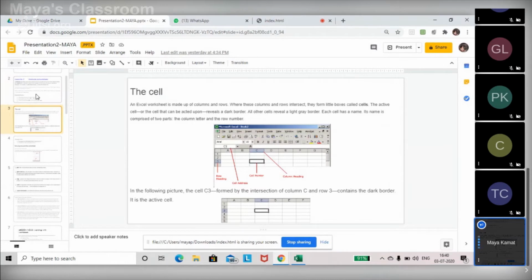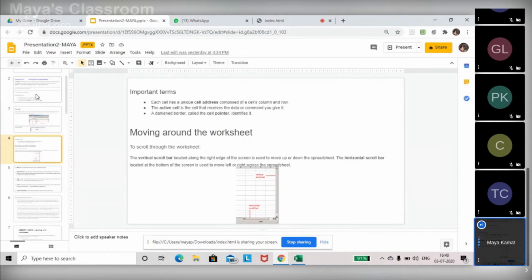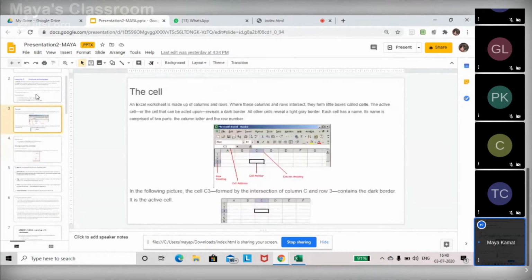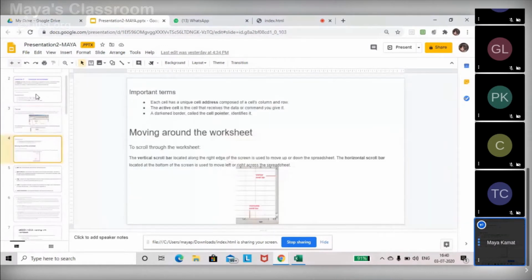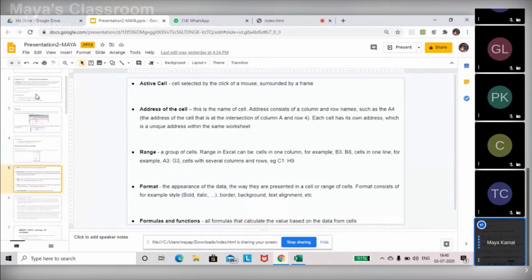In the last class, I had already taught you what is a cell, how the cell is marked in the name box, how you can find the cell address, how manually you can locate which cell you have clicked on, correct? Then moving ahead with the worksheet, the vertical scroll and horizontal scroll bar. What is an active cell? What is the address of the cell? We saw what is range today.